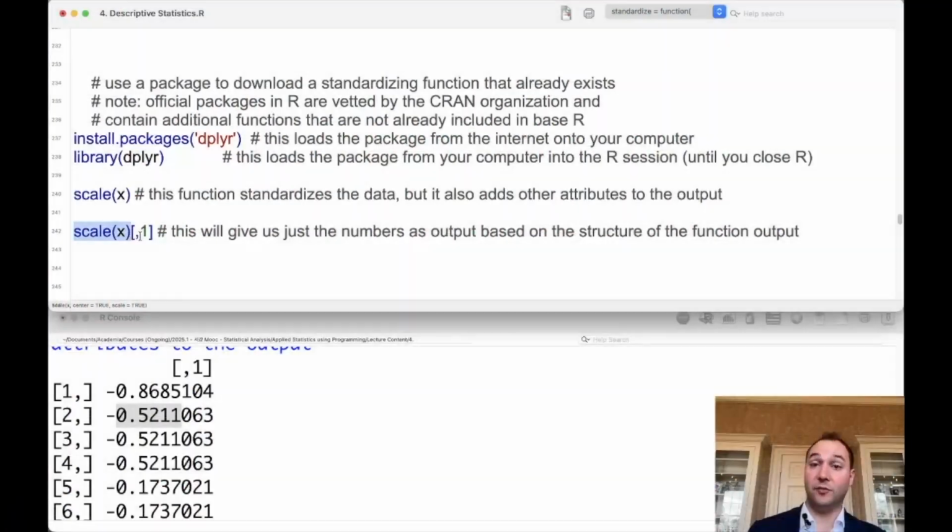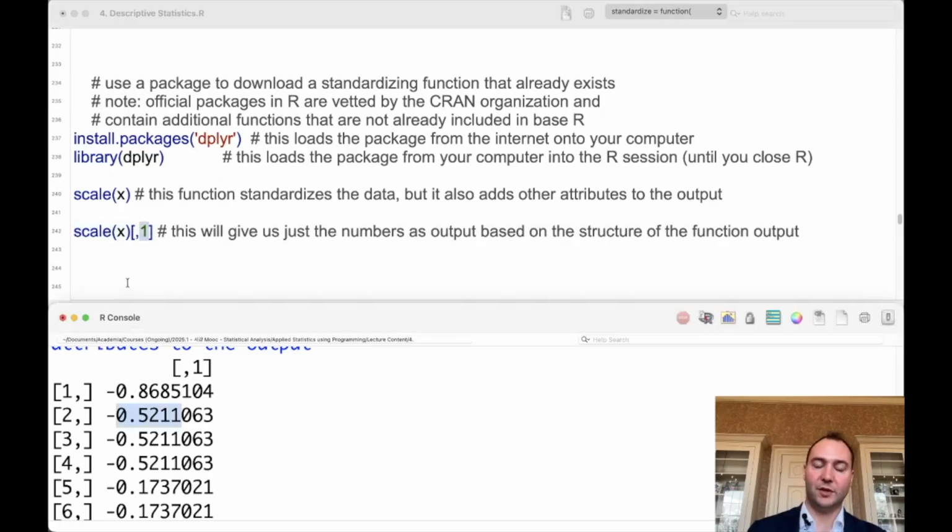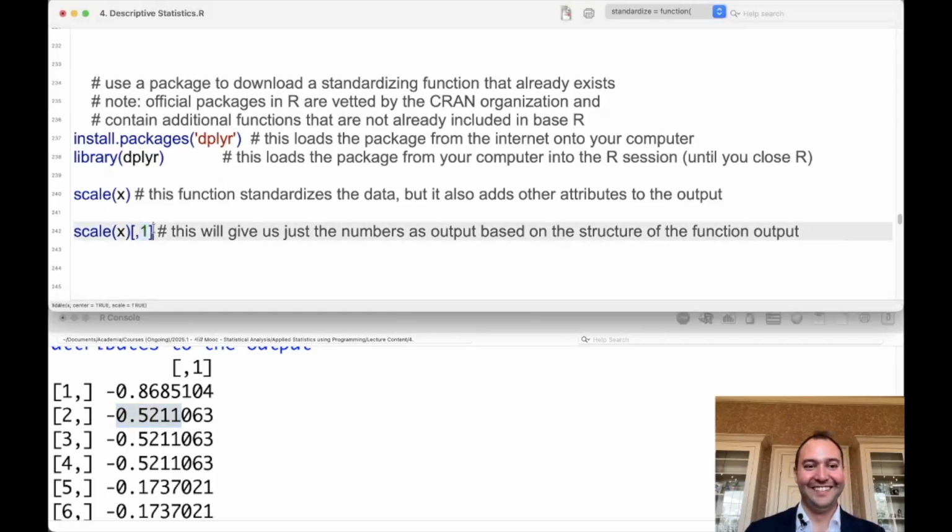Sorry. I can use the function scale and then index column number 2. So, what? I can